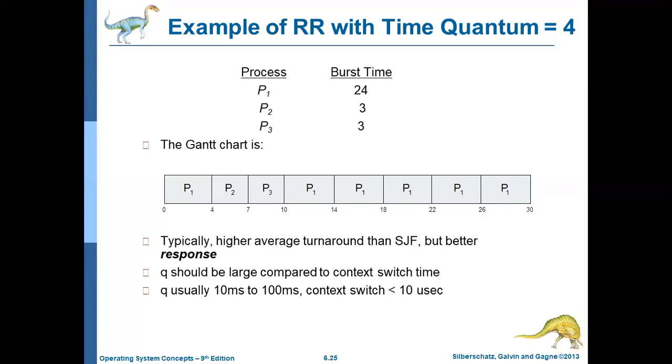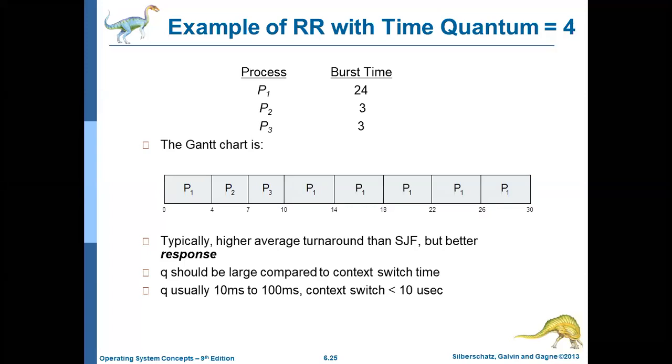For example, if different arrival times are given, you have to do the same calculation. Turnaround time equals finish time or completion time minus arrival time. Waiting time equals turnaround time minus burst time. But in this example, all the processes arrived at 0 milliseconds. Then completion time or turnaround times.